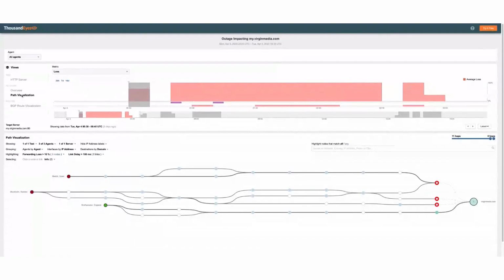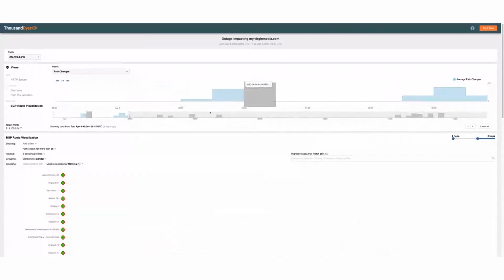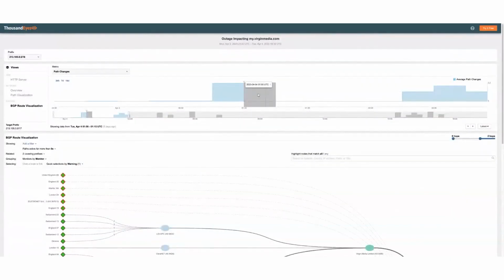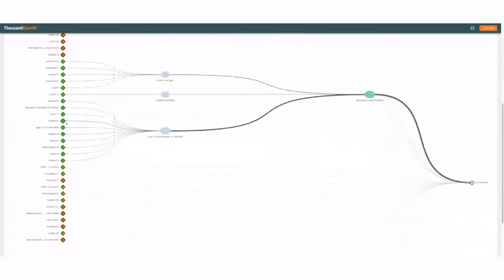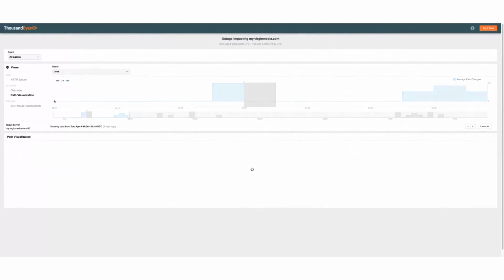So now that we saw how it looks from the BGP route visualization, if we move towards the clear event, we can see that pretty much the majority of the agents during this particular time, 0:50, started having normal reachability. We can see that the issue seems to have been resolved. And if we go to the path visualization during this time,